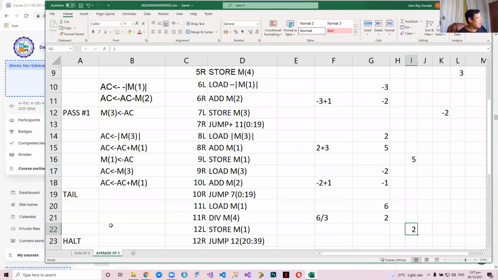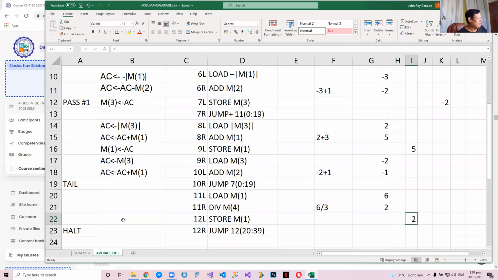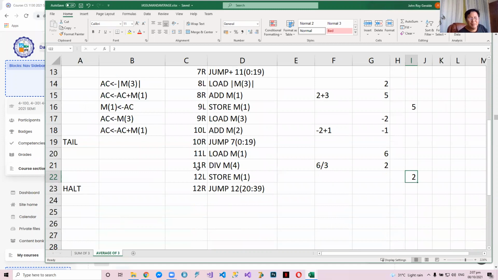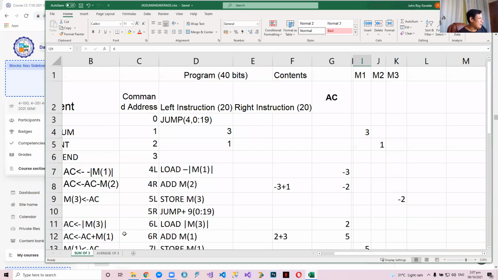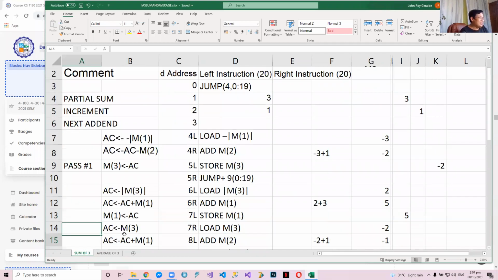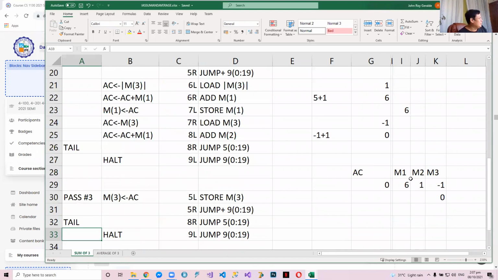Yes, of course. Dalawa talaga. Do you follow? Dalawa talaga. Sa akin, isa lang because I did not trace it anymore. Dapat dalawa naman talaga, di ba? Dalawa talaga. But I did not introduce the second pass anymore. I just assumed that you already have the value. Okay? Okay, sir. Thank you, sir.